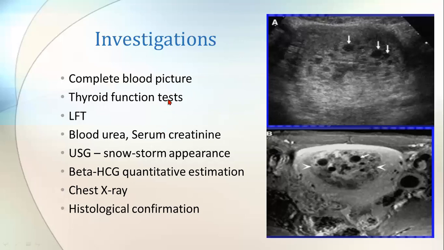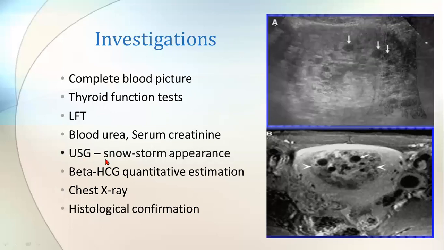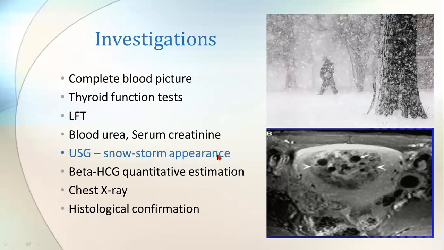But one of the confirmatory or important diagnostic tests which help in molar pregnancy is ultrasound examination. That is a snowstorm pattern. See, in the uterine cavity, these are the vesicles which consist of gelatinous fluid. Like a shiny appearance, these will be seen on the ultrasound, like a heterogeneous opacity. See, here the storm particles, snow is deposited everywhere. So, similar to this image, it is described as a snowstorm appearance inside the uterine cavity.